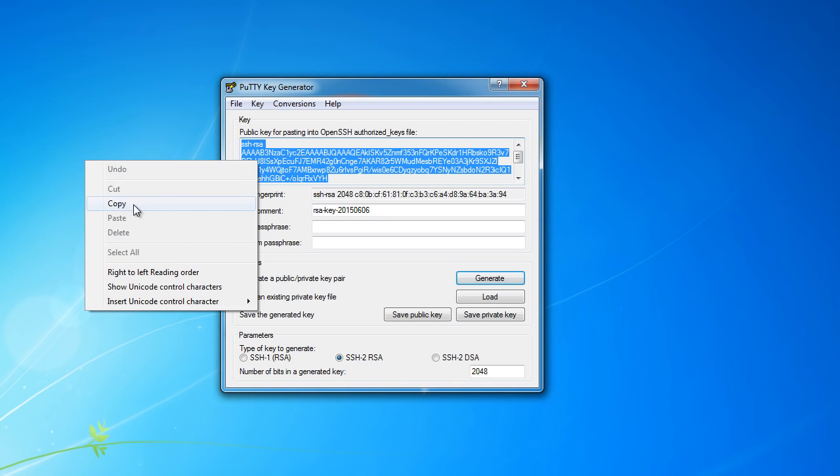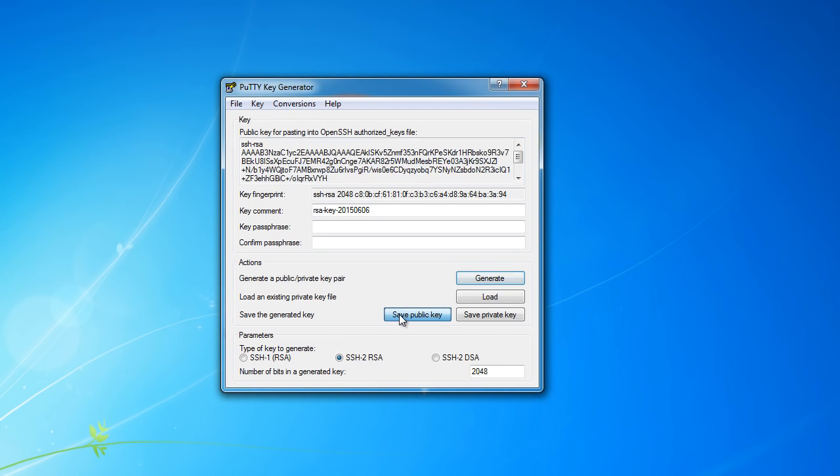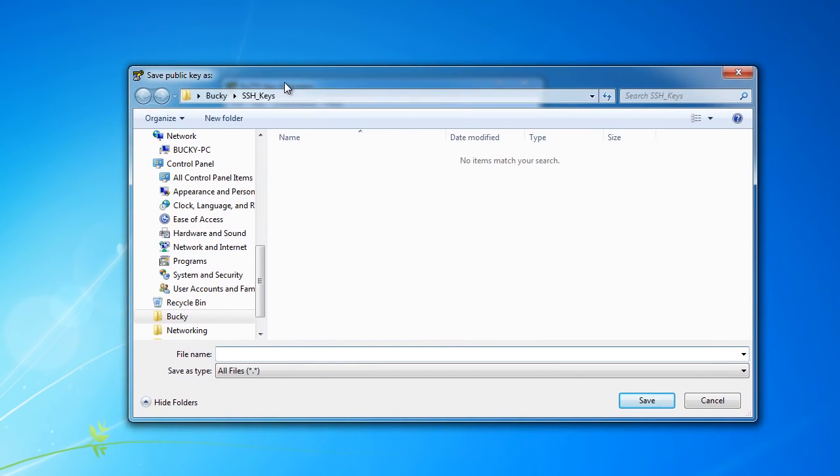all and just copy it, and then eventually we're going to be pasting it into that terminal whenever we set everything up. But for right now, let's just go ahead and save both of these keys on our computer, so whenever we close out of this, we don't have them lost. So I'm just going to save the public key as, it doesn't really matter what it's named, so droplet 01 public, and you always want to save this as a text file